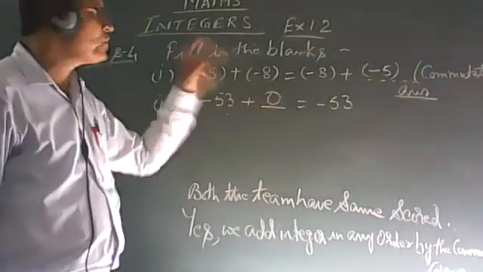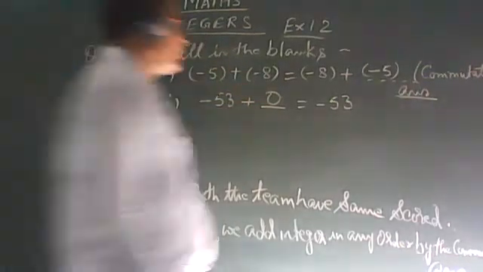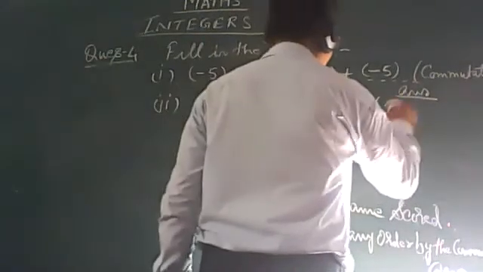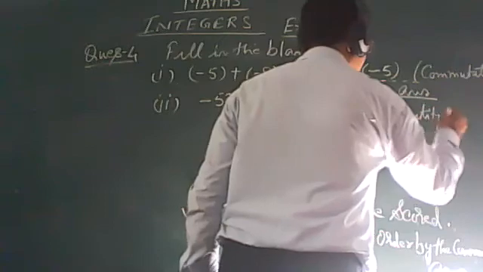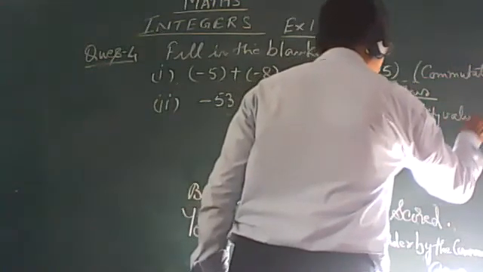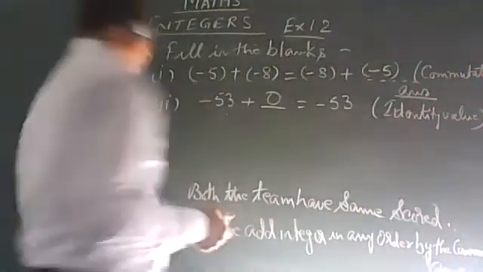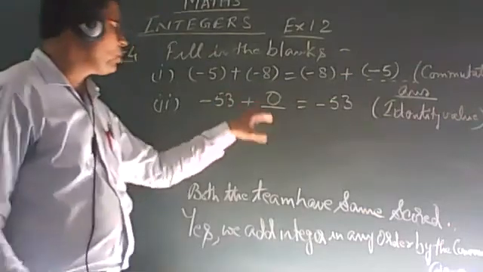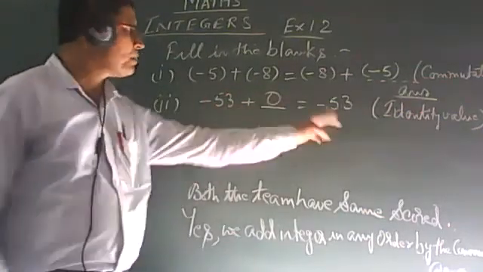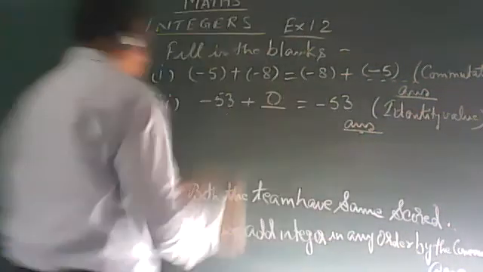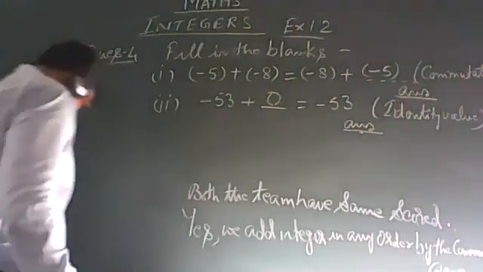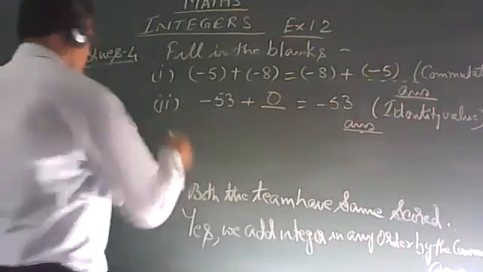And which property is used? The identity property. Identity value says if you add 0 in addition, the number comes itself. And there, the fill in the blank is 0. Our answer is 0. Now the third part,